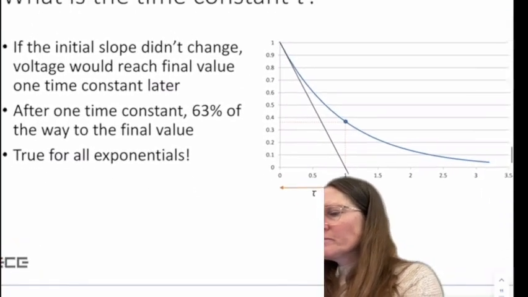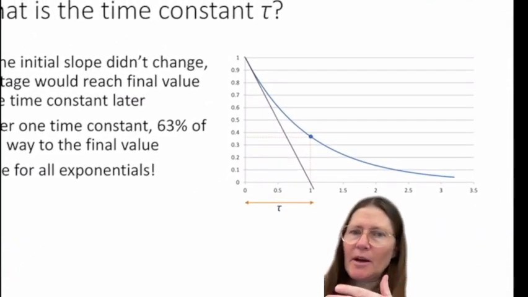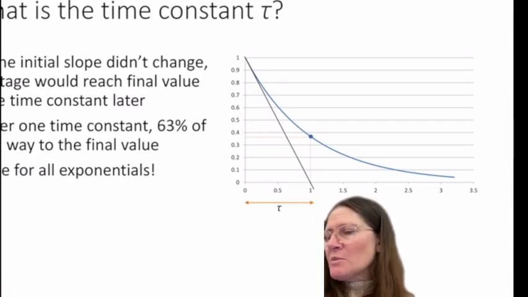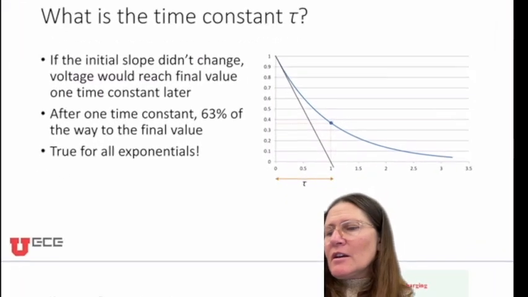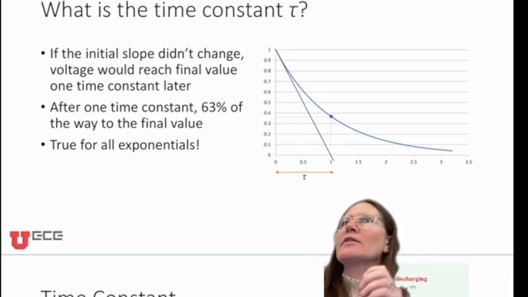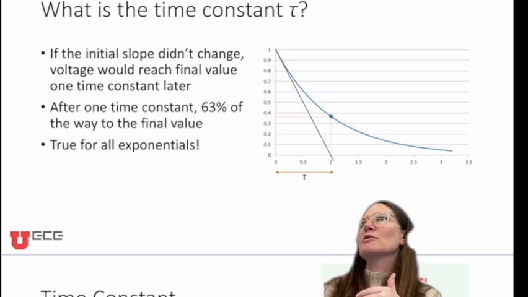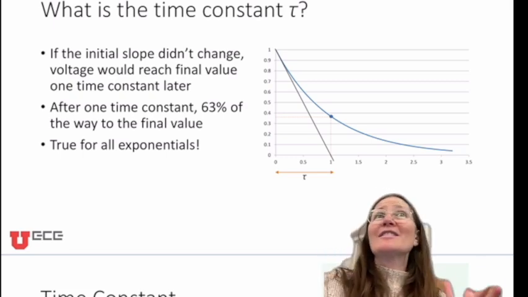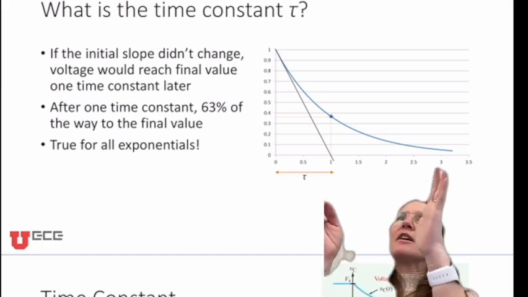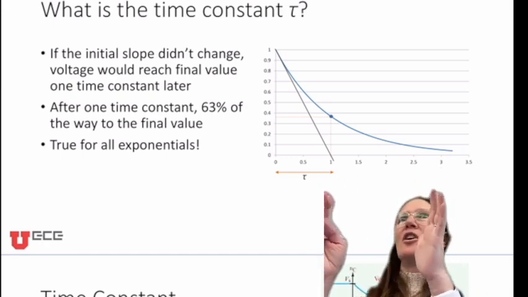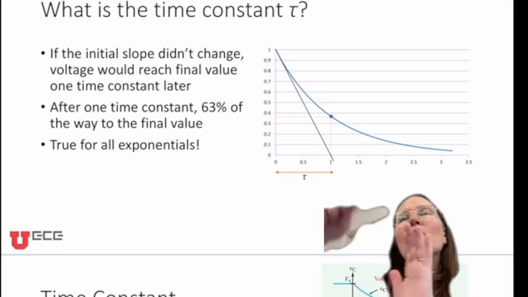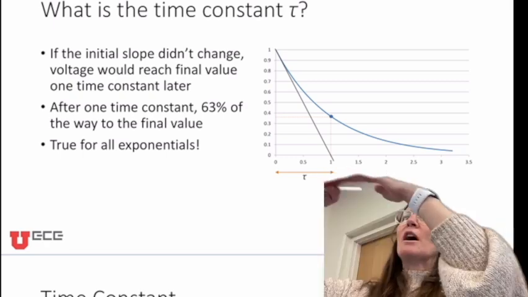So this is an example of a discharging capacitor or inductor. And what tau means is that it helps us to determine when we define it as either discharged or charged. You're going to see this throughout electrical or computer engineering: there's going to be a gray area of when is it on and when is it off, or when is it fully charged and when is it fully discharged. Sometimes it will be at 90%, that threshold level,